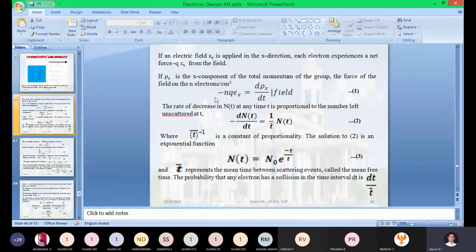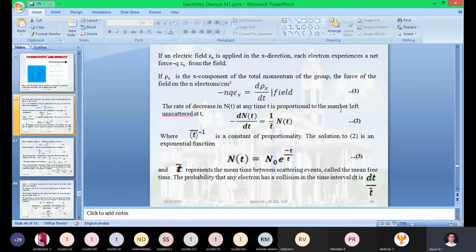Any confusion in equation number 1? And one more thing I will clarify now. Derivation in this subject is not like your mathematics. Generally in mathematics, if you know the initial two equations, you can simply simplify them and finally get the answer. But in electronic devices, the derivation is not like that. You cannot just write the first and second equation and do some mathematical simplification to get the final answer.